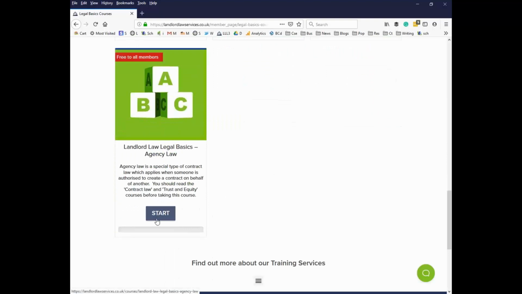This one here, the agency law, this is quite a detailed course. It's more detailed than the other ones. In fact, I did sell it at one stage. It was on the Moodle site and I sold it there. But I put it here because agency law is actually quite important. And I think if you are an